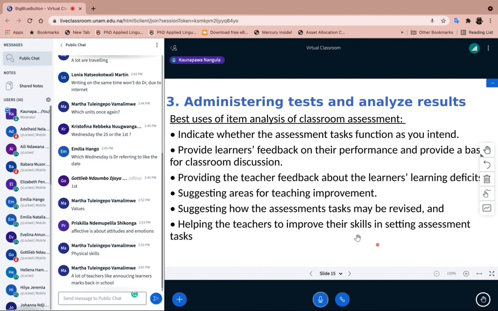And then the analysis also helps the teachers to improve their skills in setting assessment tasks. So this analysis will also tell you, maybe you notice that you struggle with setting up multiple choice questions, and with that knowledge, you get to educate yourself on how to set up multiple choice questions appropriately or correctly. All right. So through this analysis, you get to do all this. All right. Next,